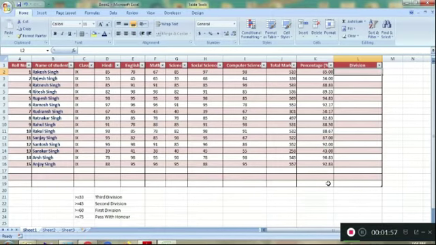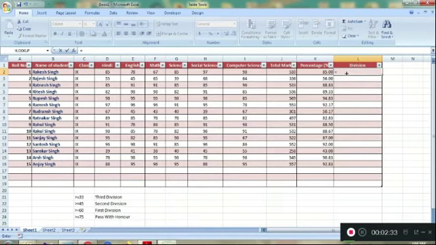Now dear students, the main theme is the if else use. You can see here there is a criteria. If the student got greater than or equal to 33%, then he will get the third division, and if greater than or equal to 45, he will get the second division, and greater than or equal to 60, he will get the first division, and greater than or equal to 75, he will pass with honor. So how can we apply this formula to this percentage? Let us find out.